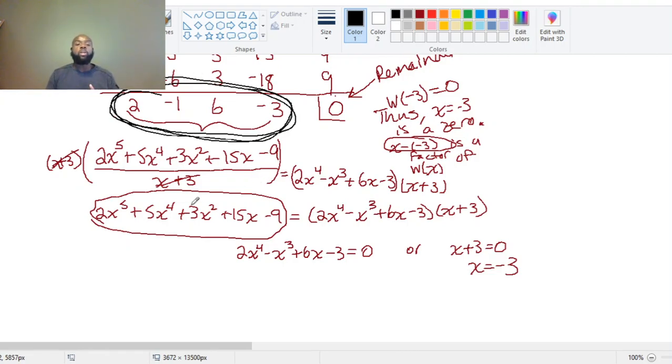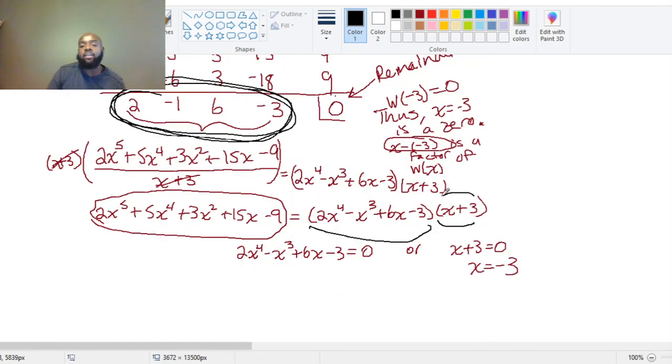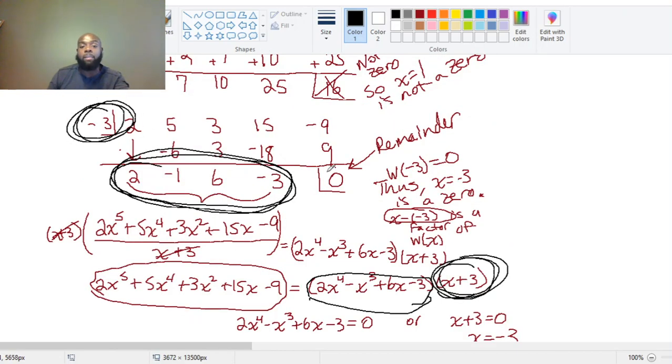All right, because we could write our original polynomial as your quotient times your divisor. Now, since it was a divisor, we already have that 0 already. So this 0 is already encapsulated. Our other zeros are going to be coming from our quotient here. So once we do synthetic division and we realize that we have a remainder of 0, then every other 0 is always going to come from our quotient. And so what I'm going to do is, instead of doing synthetic division or trying to solve an equation equals 0 on my original polynomial, I'm going to use my